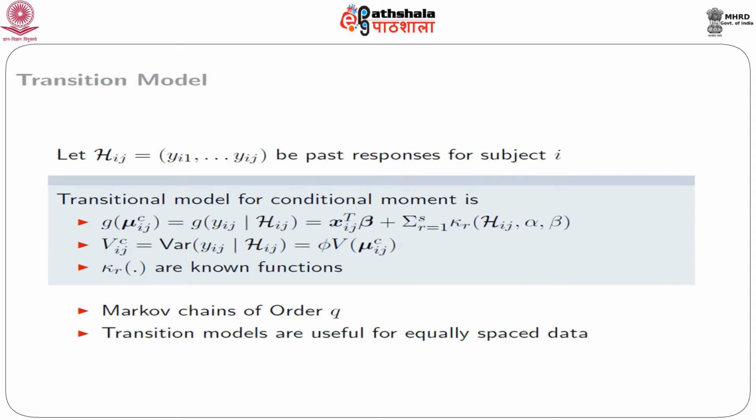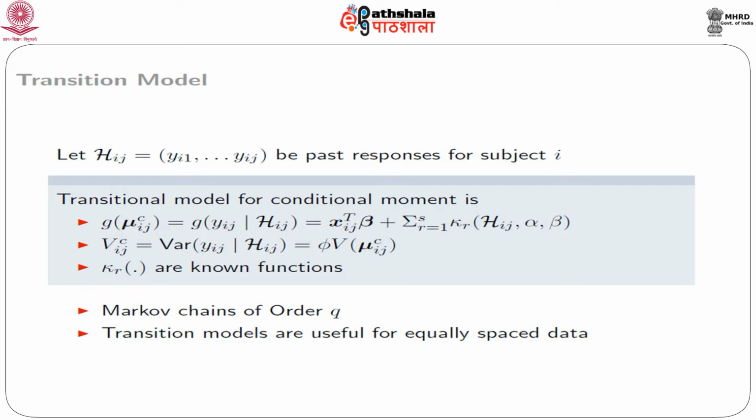Now, formally we write that if H_ij is y_i1 to y_i,j-1, and this denotes the past responses for subject i, then the transition model for the conditional moments is defined as g of mu_ij^c, which is nothing but g of E(y_ij given the past observations, that is H_ij),